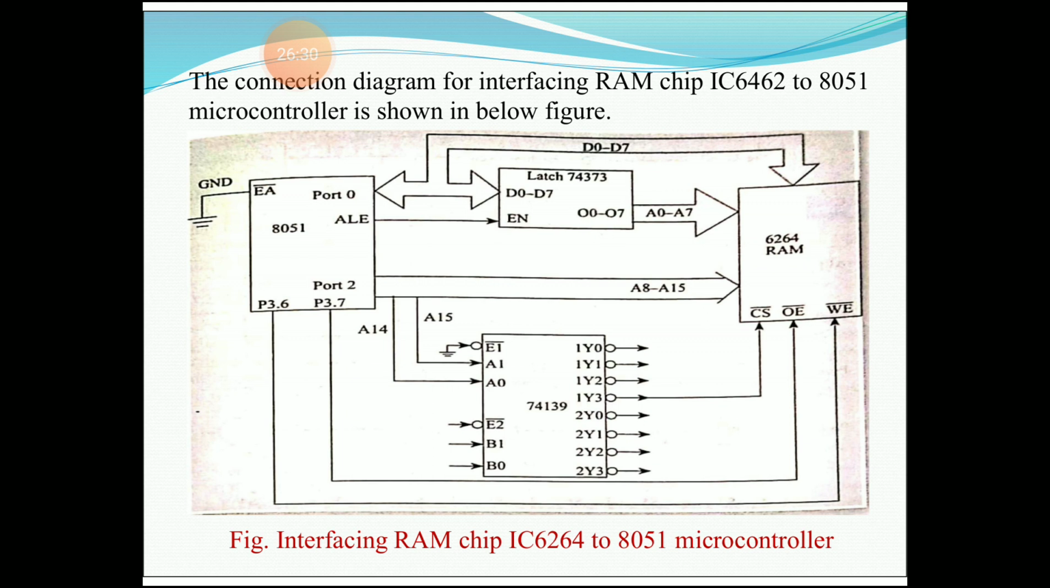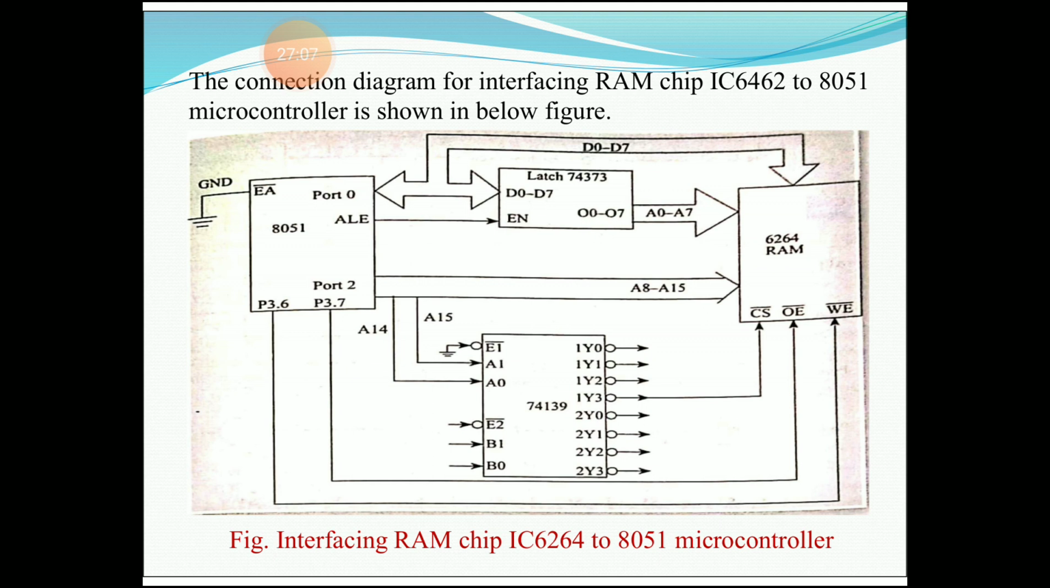This is the connection diagram for interfacing RAM chip IC 6264 to the 8051 microcontroller, shown in the figure below. From this diagram, port 0 and port 2 carry the address lines A0 to A15. Depending upon the size of RAM, the number of address lines connected to the chip varies. Here the RAM size is 8 KB, so only 13 address lines are required, that is A0 to A12, and these lines are connected to the memory chip, and 8 data lines from the microcontroller are connected to the 8 data lines of